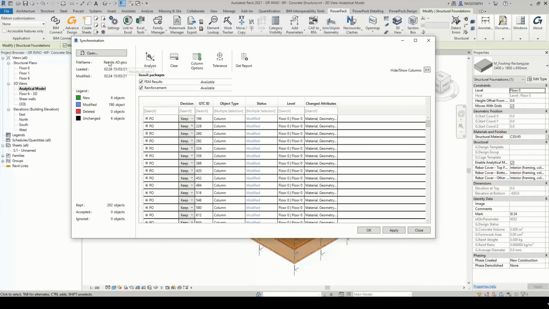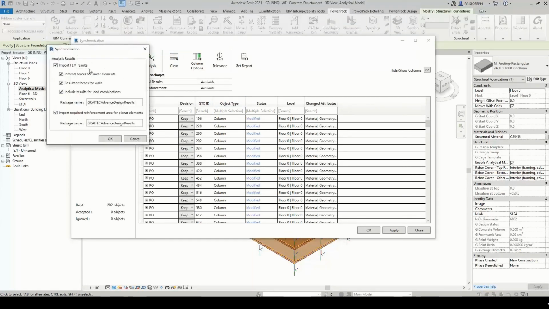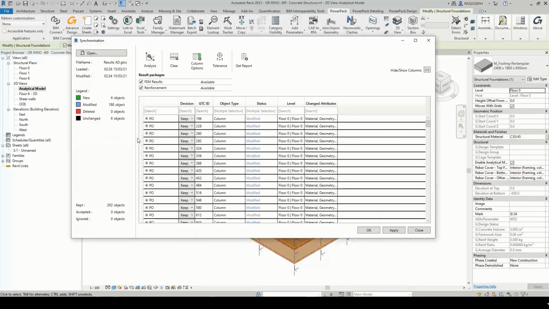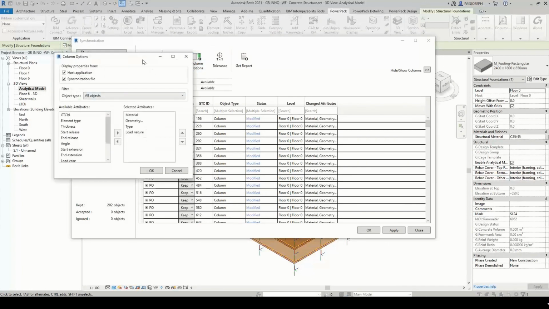In my synchronization dialog box, we have the name of the file, the date, and some information with a legend. Some new objects are created, some of them are modified. We have a quick overview of the preview. You see a result package available, theoretical reinforcement available, so I can have a view on what is inside,